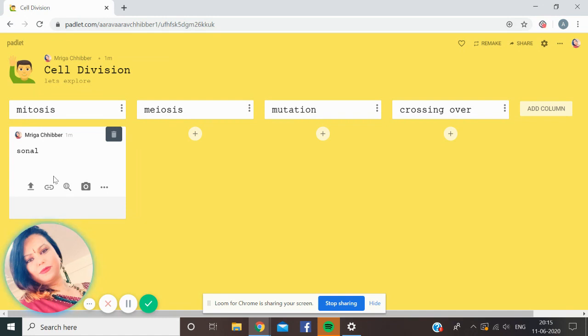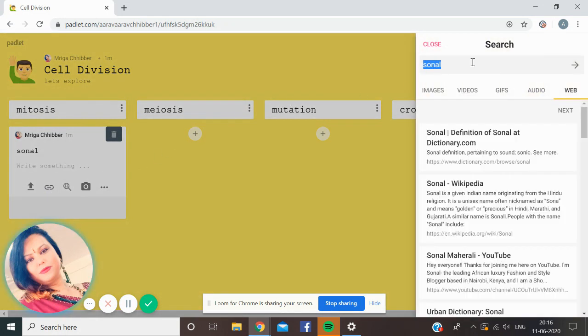down here. She can upload her photograph or whatever diagram related to mitosis. She can give a link here, or she can go to Google here, and you see, she can explore something about mitosis.